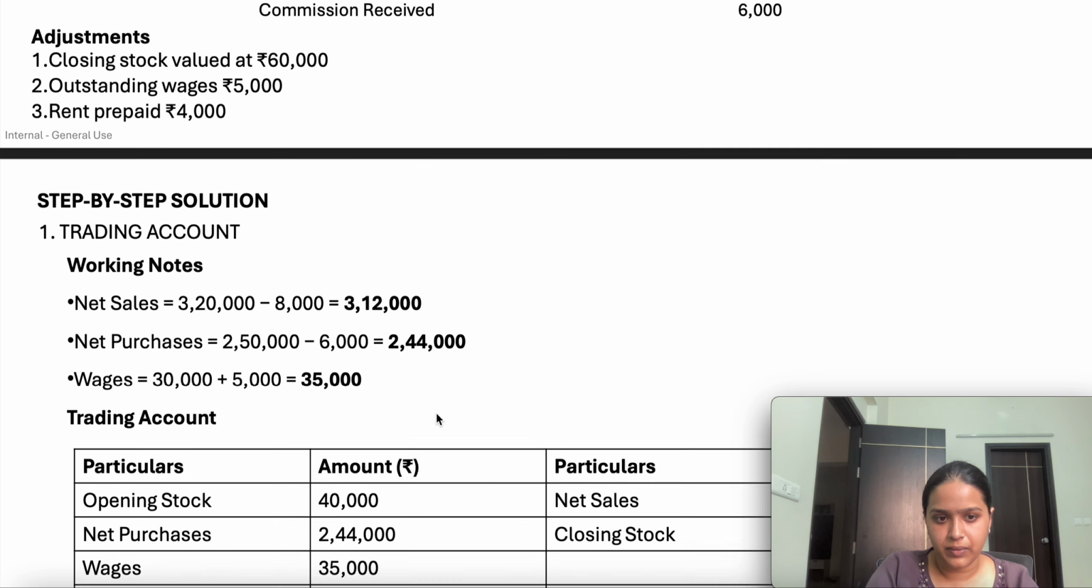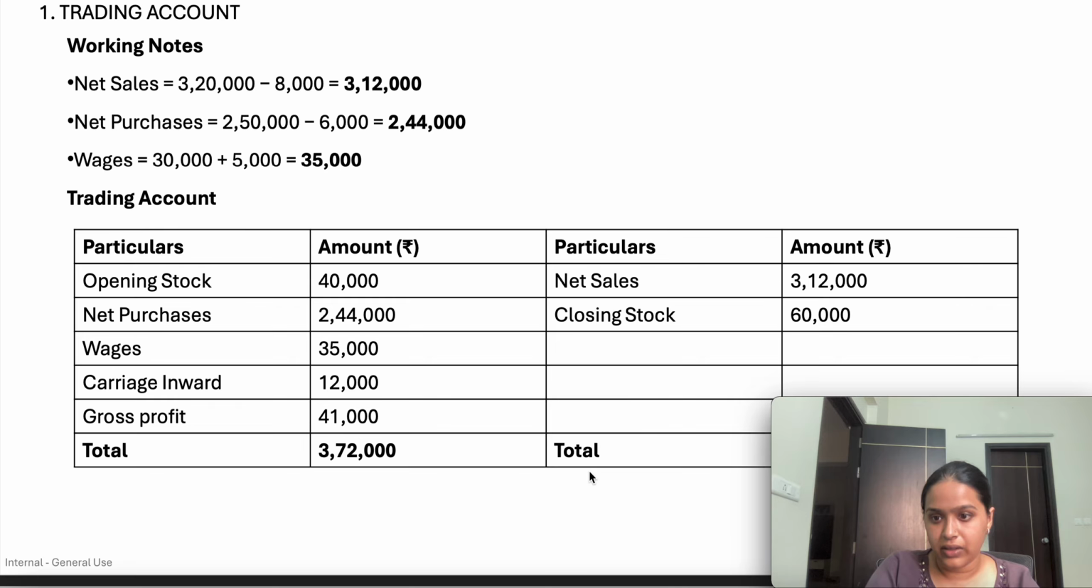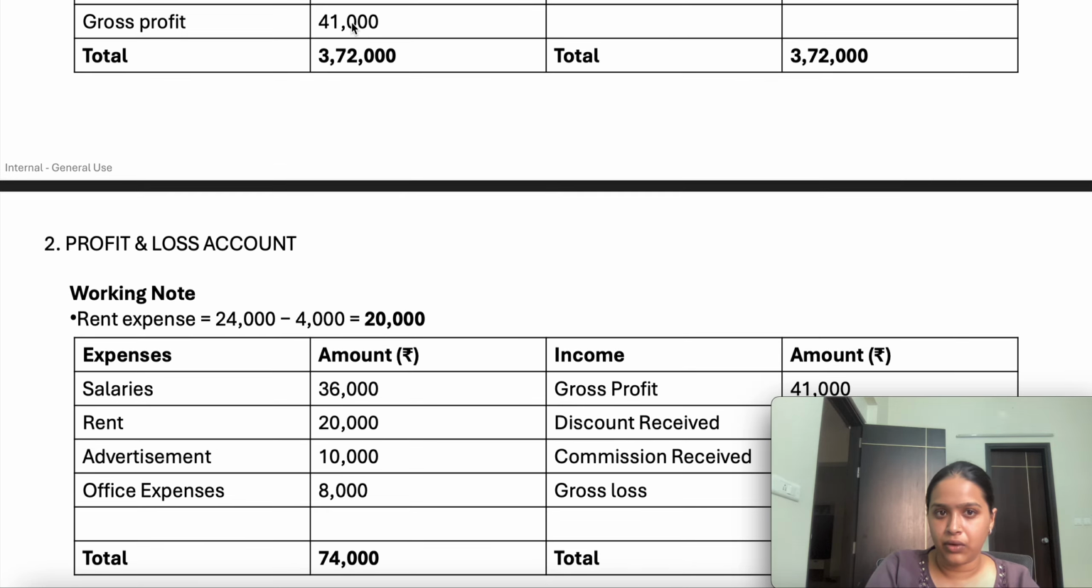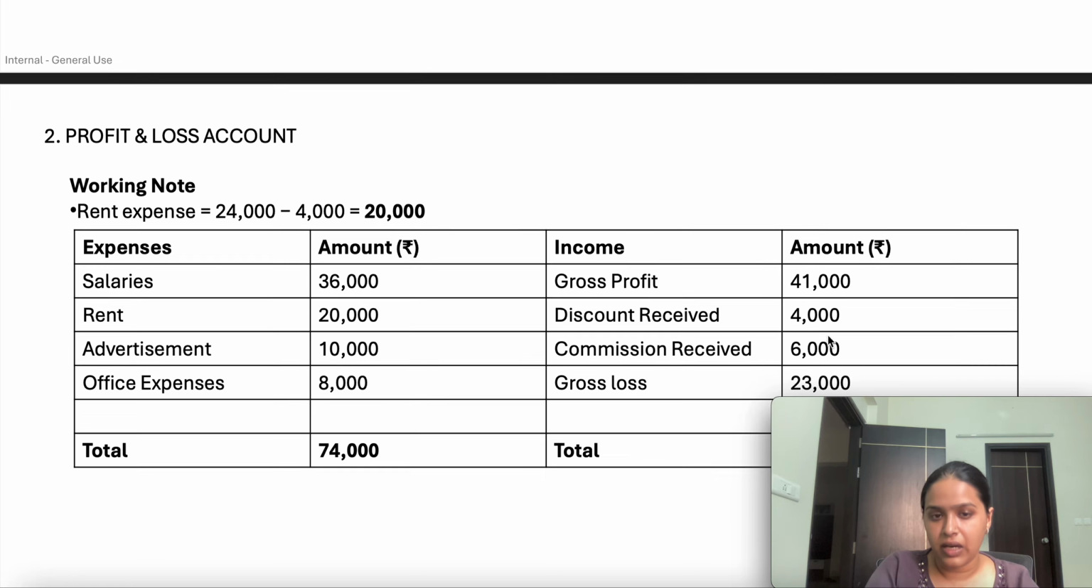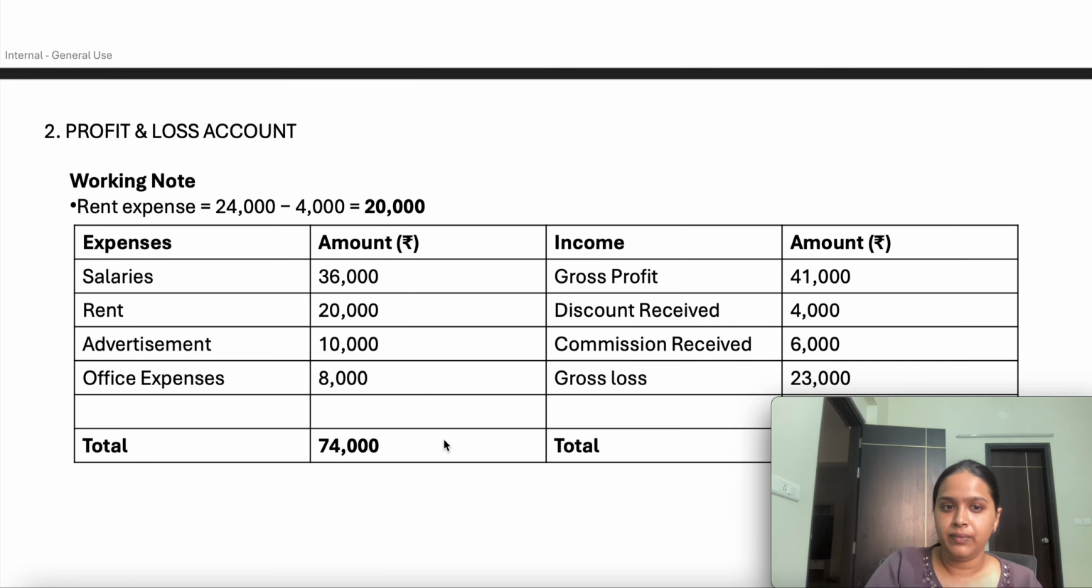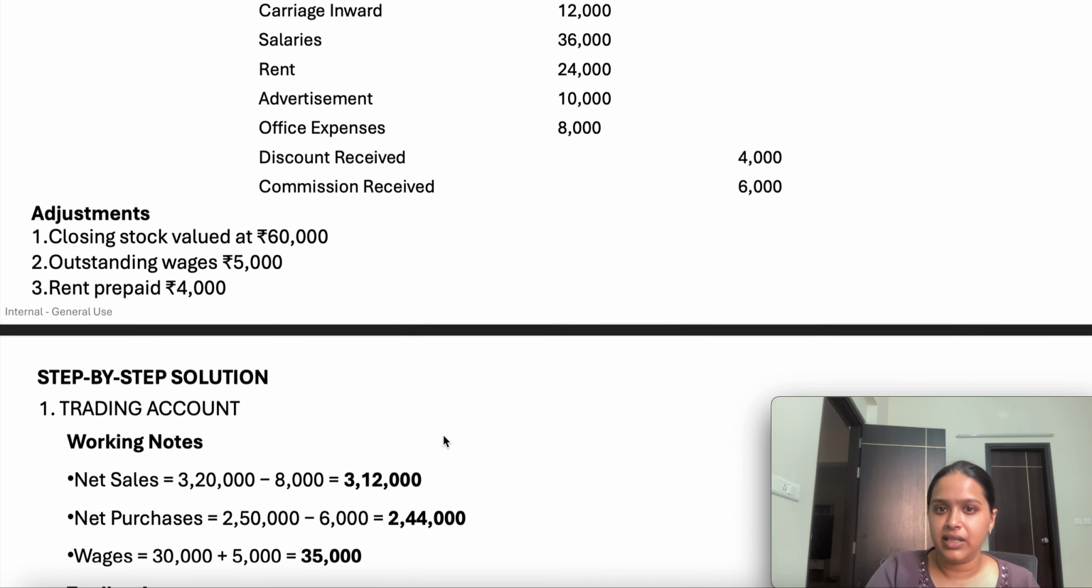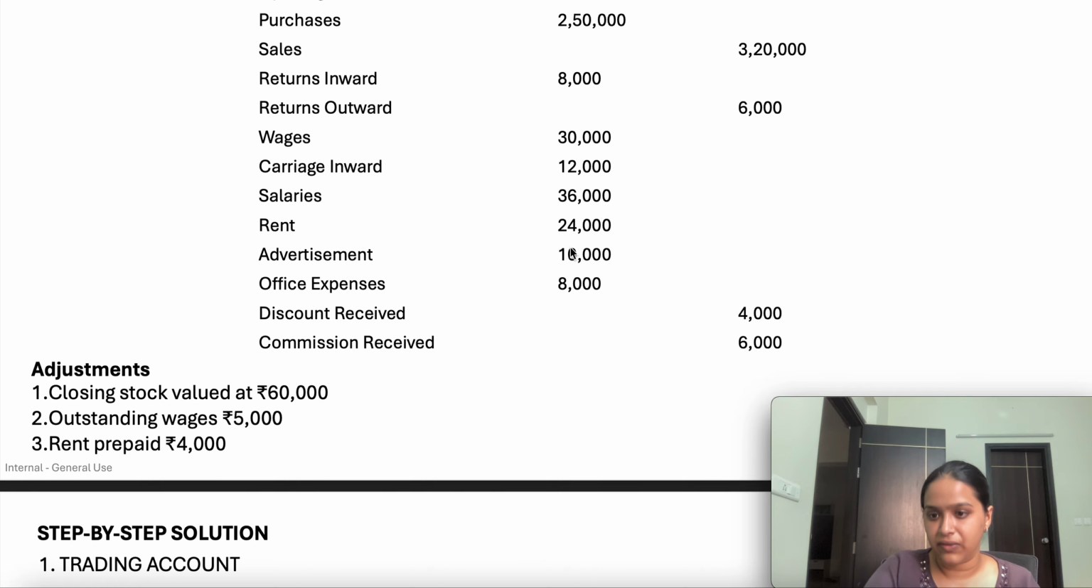Okay. So this is the trading account that we have to prepare. Through this, the gross profit we can transfer to the profit and loss account, and accordingly we can compute the net profit. But there is one adjustment for the rent expense of 24,000. They have given that they have paid rent in advance of 4,000. It means out of 24,000, 4,000 pertains to the next year. So net rent expense will be